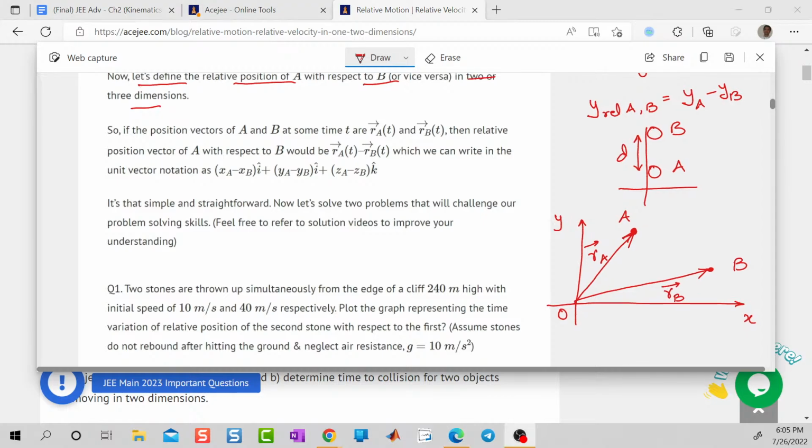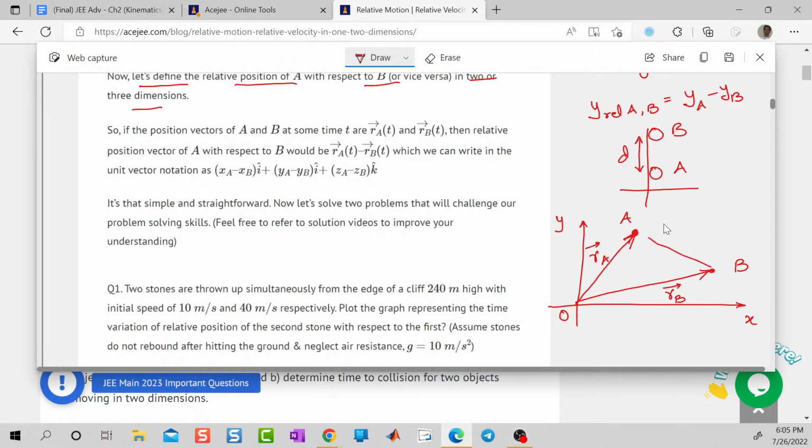Yes, sir. Okay. Now we're talking about the position of A with respect to B. So B will say, actually A, the position vector is this with respect to B, with tail at B and head at A, right? This is the position of A with respect to B. Correct, no? Now, since you guys are familiar to some extent with vectors, we'll use the triangle law,